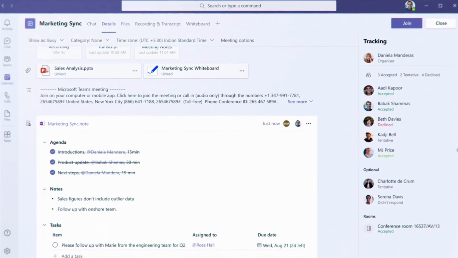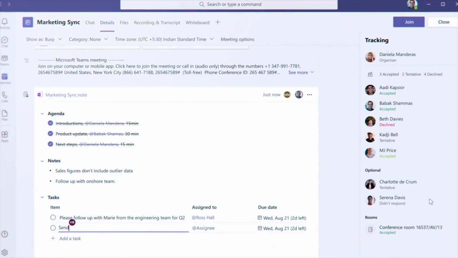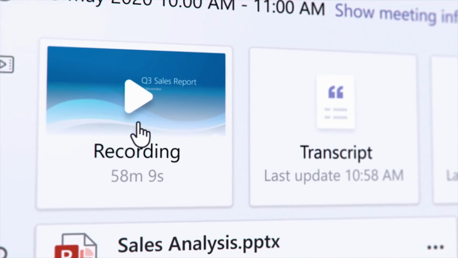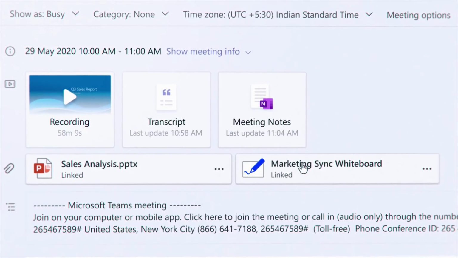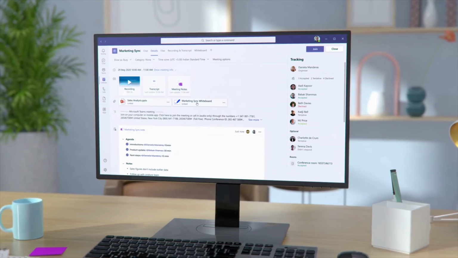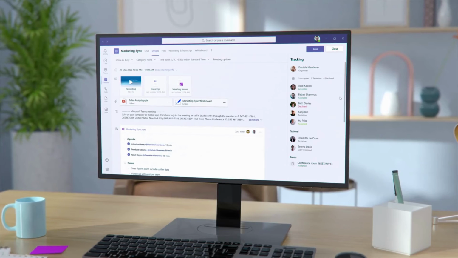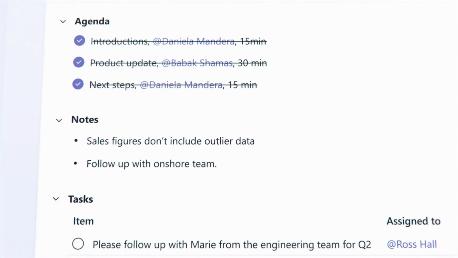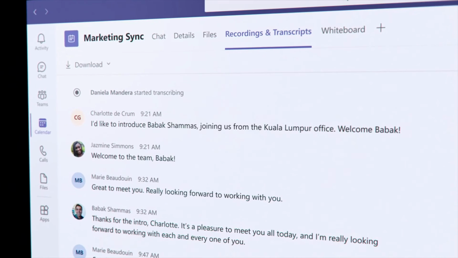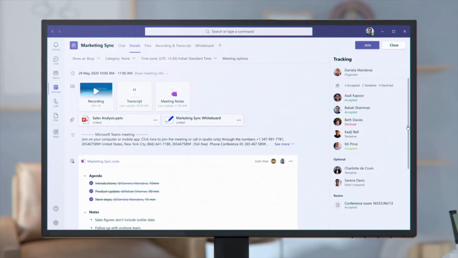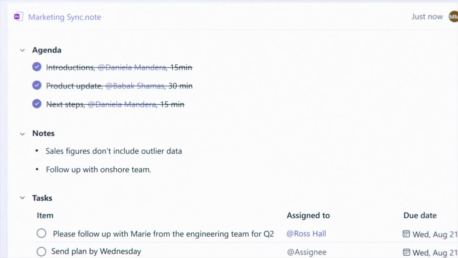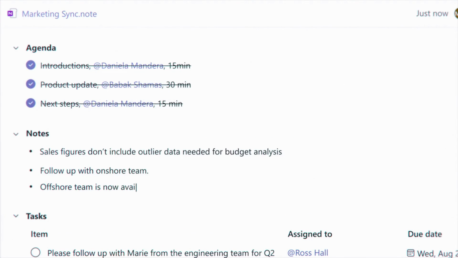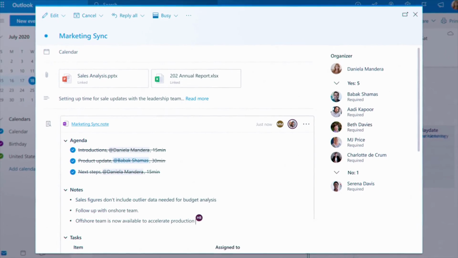As a part of the meeting recap, the agenda, notes, and tasks are automatically shared within the context of the meeting, along with the recording, transcript, and the shared content. If you join a meeting after it starts, or if you're examining content after the meeting's over, it's now easy to catch up on the agenda, view the synthesized notes, and full transcription with everything in one place. And because the notes, tasks, and action items are fluid components, you can continue to collaborate and update your work in the app you choose, across Teams, Outlook for the web, or OneNote.